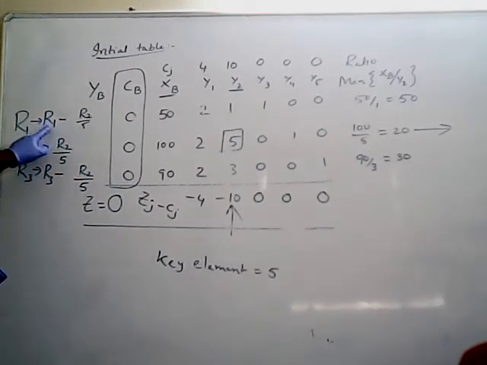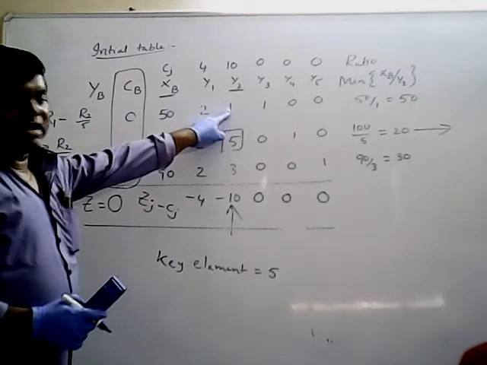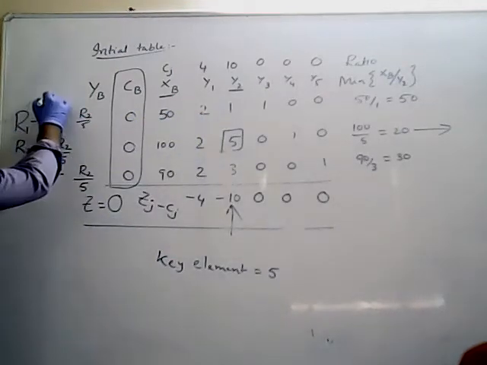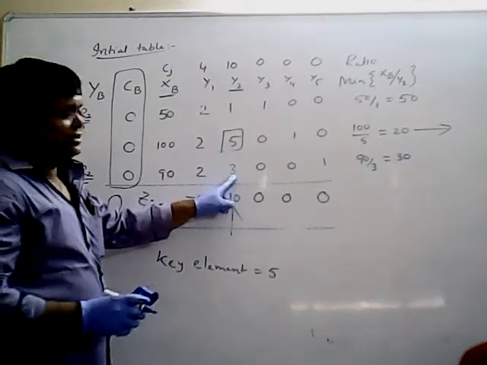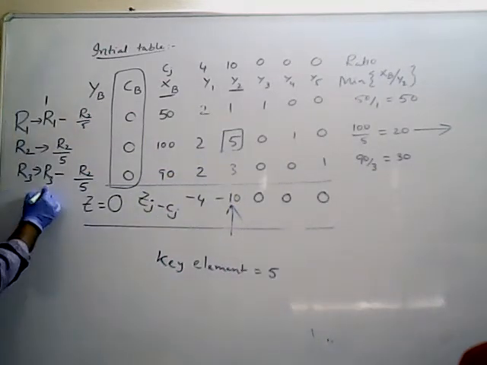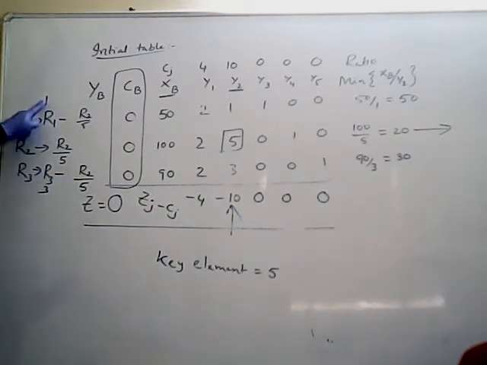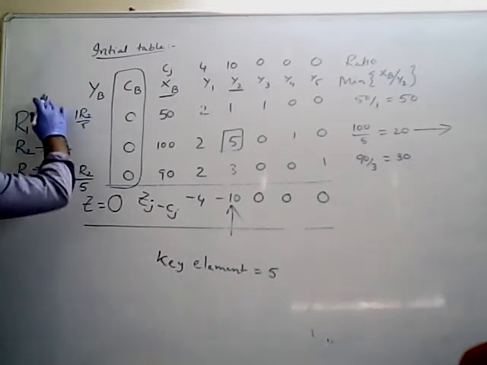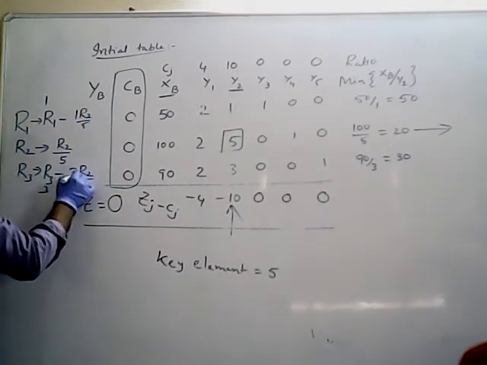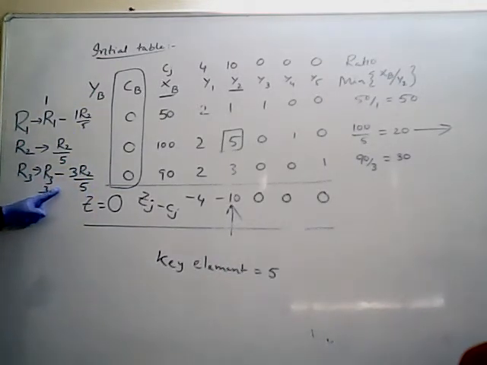Next, go for R1 element. What is the R1 element? R1 element is 1. What is R3 element? R3 element is 3. Whatever may be the element, that should be multiplied here. You have 1 into 1, you have to multiply. If it is 5 by 3, you can multiply 5 by 3. If you have 2 by 7, you have to multiply 2 by 7. That means into 1 and into 3. Because 3 is the R3 element, so I am multiplying with 3.